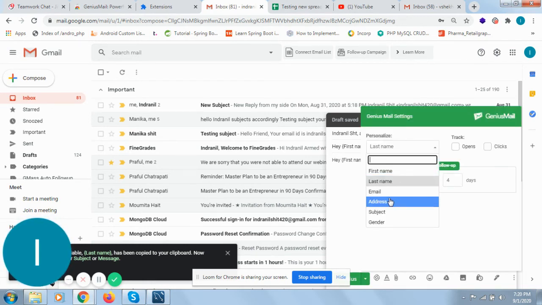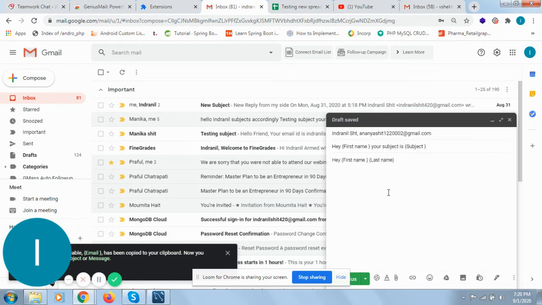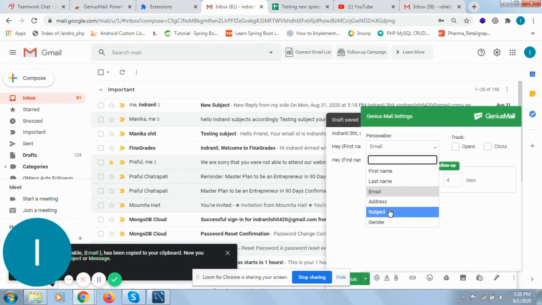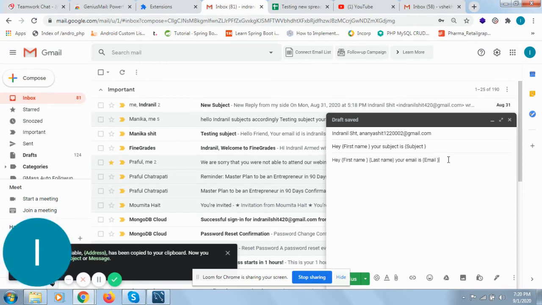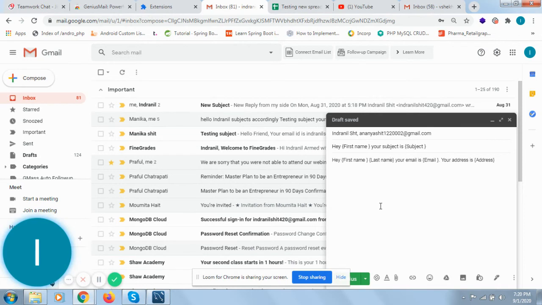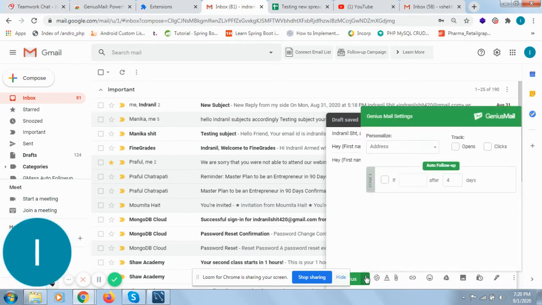Okay, your email is this one, your address is this. Okay, like this. So you can merge your fields from here using personalize.